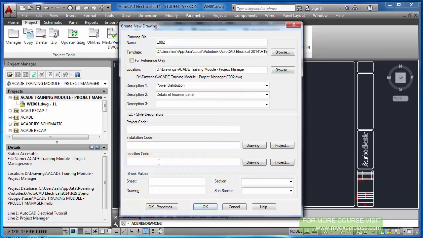There may be one particular section in one place, and the next section in another place. So this location stands for that one particular section. It is just like an aeroplane: the cockpit is a location and the plane itself is the installation.